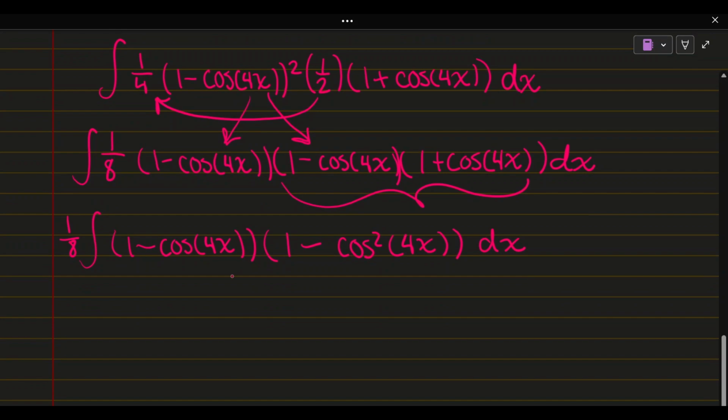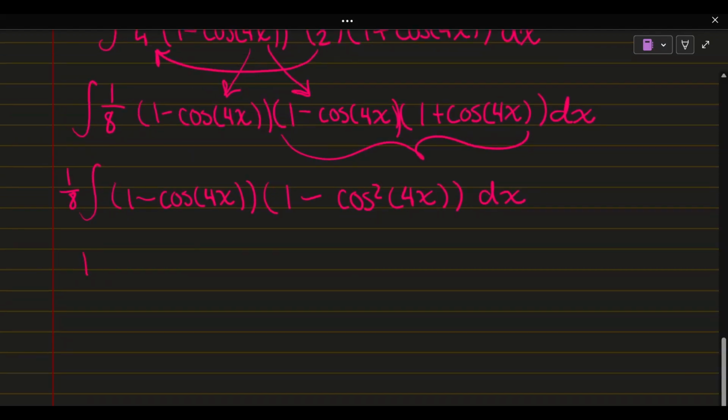dx. Now I can go ahead and multiply these using the binomial expansion, sorry. And this will be 1/8. So I'm going to go ahead and FOIL this. This is going to be my first terms, 1, and then my outer terms. So that's going to be 1 times negative cosine squared 4x. And then my inner terms, it's going to be negative cosine of 4x. And then my last terms are going to be these 2 cosines here, so I'll have positive cosine cubed 4x